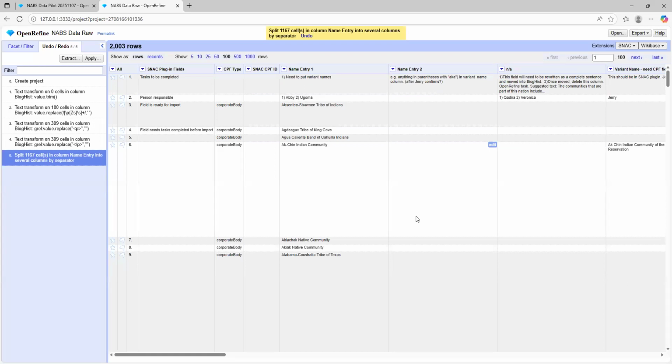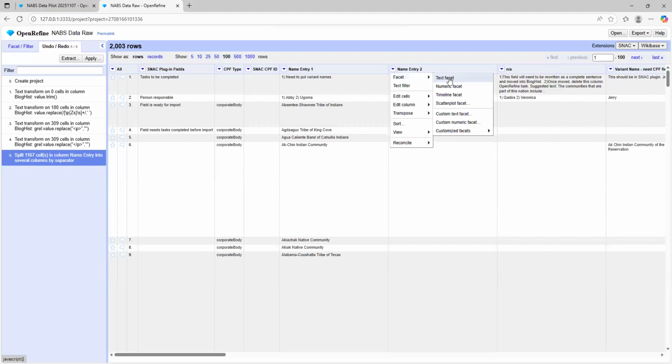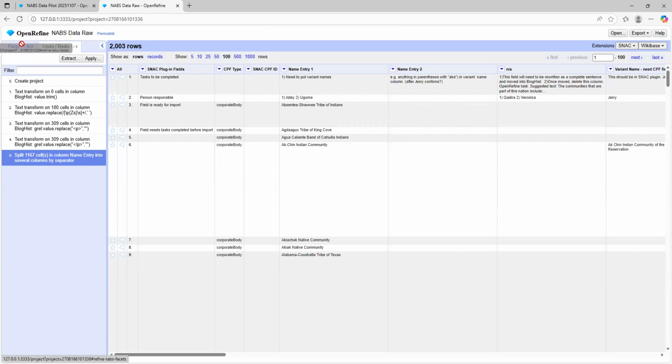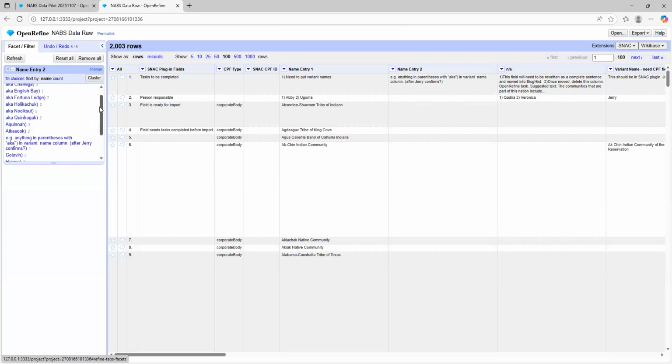And so the minor issue that I've created, and it's really minor because this row isn't actually in the data set, is that I split this column that just happens to have parentheses, with name entry 1 and name entry 2. What I have now, if I take the drop down and use the text facet commands to see what's in this column, I click back over to the facet and filter, and I see that we have about 15 unique alternate names. So